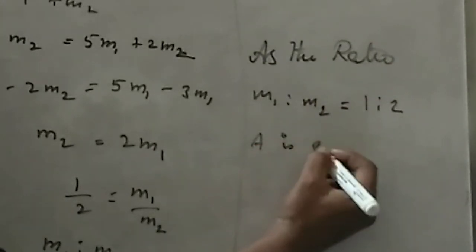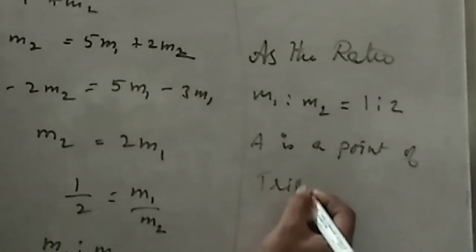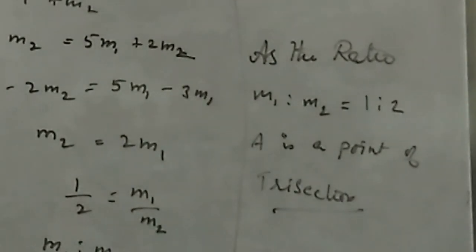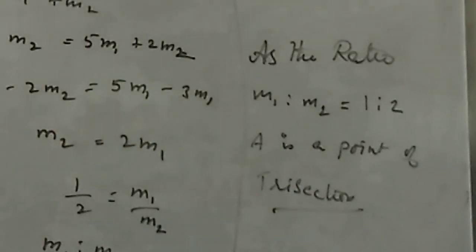A is a point of trisection. So you have proved that the ratio is 1:2. Therefore, A becomes the point of trisection. Clear? Now we have to find out